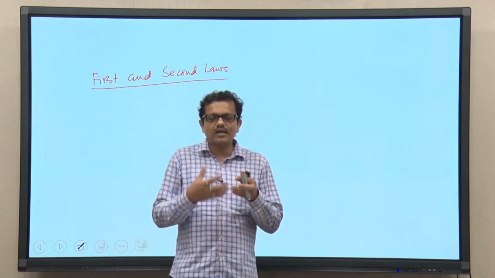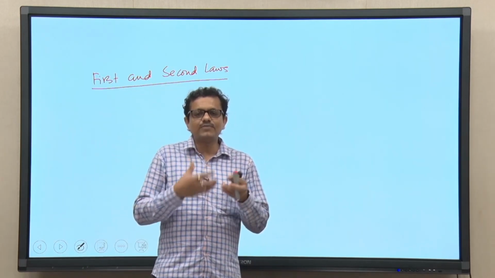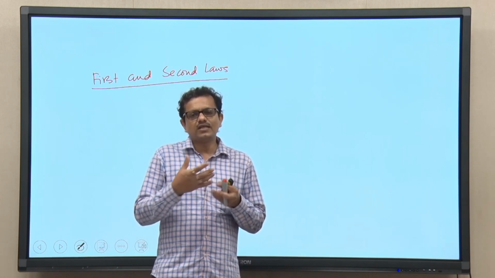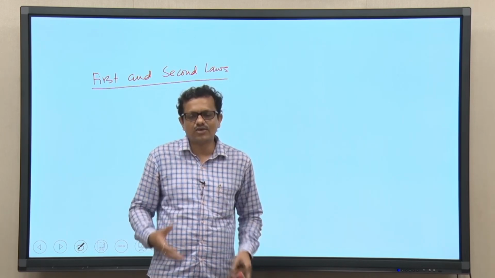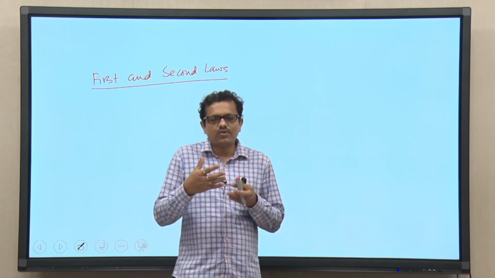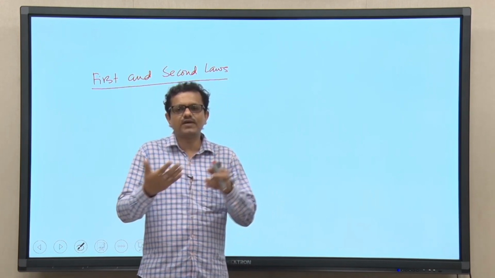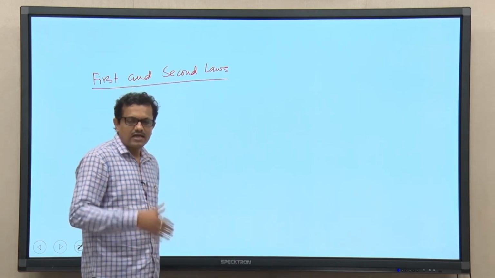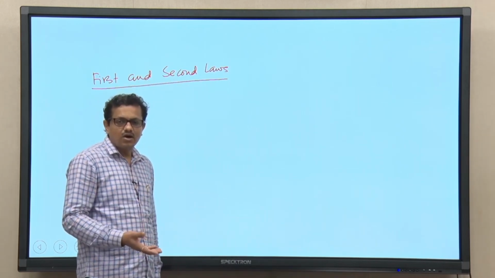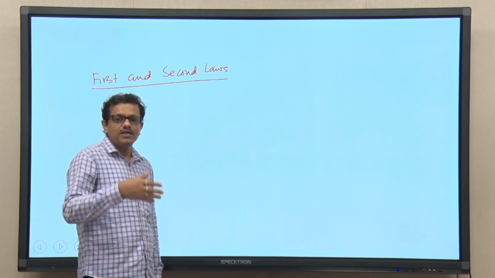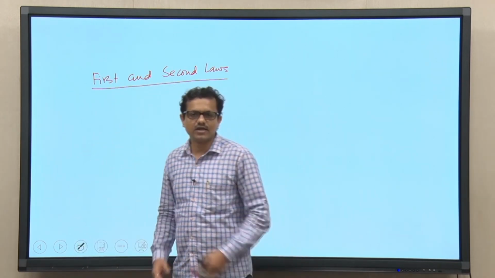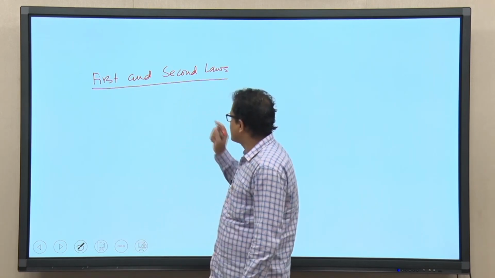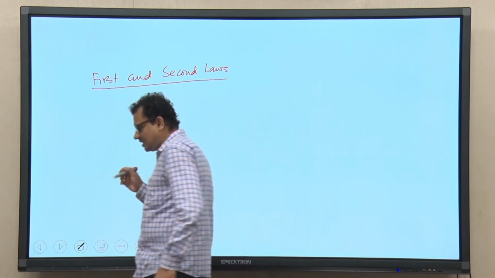Essentially, in quantifying the efficiency, at the cost of the input energy, what is the output energy? We are looking at the work transfer by the system at the cost of the input energy, or at the cost of the work input to the system, what is the net energy that we are getting. So, first and second laws we have seen.